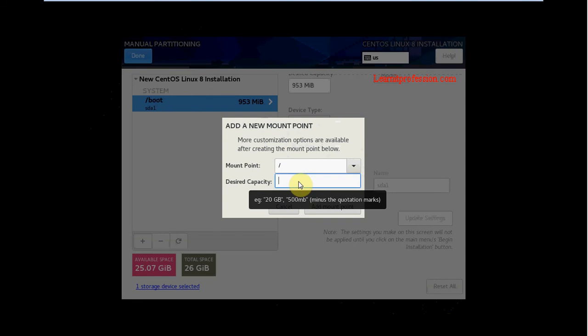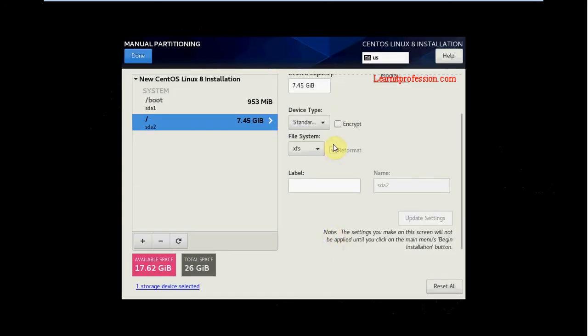Here I'm giving a root partition size of 8 GB. Click on add mount point for the root partition. The root partition is also created as standard. To change it to LVM, select LVM